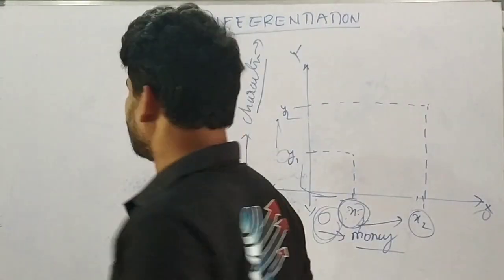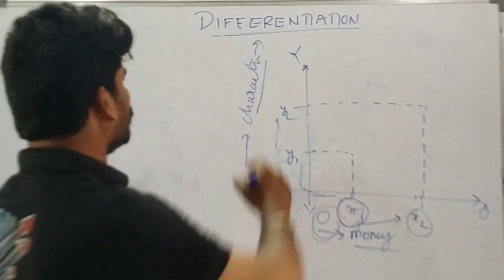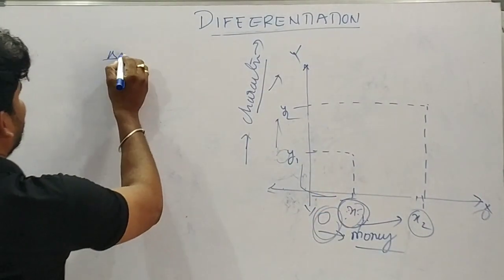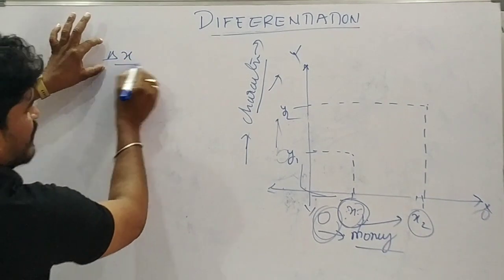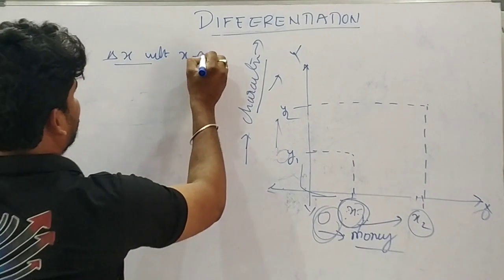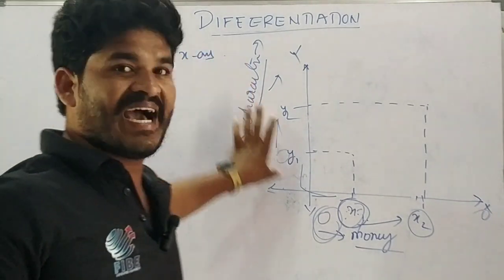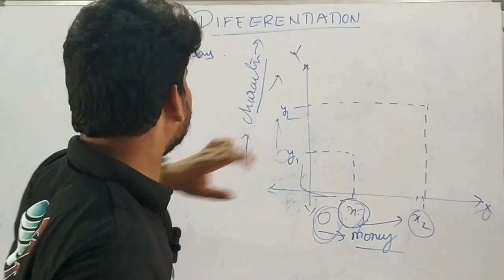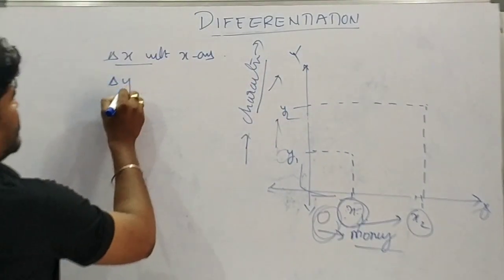In the same way, the displacement with respect to y. This is nothing but delta x. These are displacements with respect to the x-axis. In the same way, the change in character, the change with respect to delta y,